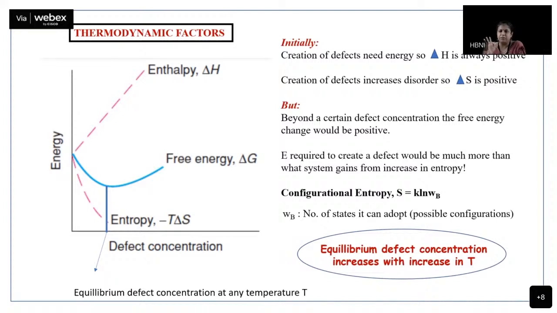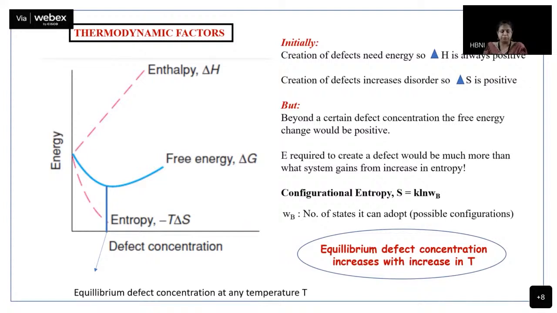It will be positive, because for every atom, the number of nearest neighbor atoms are same, so the same number of bonds I have to break, and the same energy will be required. But now, when I have already removed 10 to 15% of atoms, now removing an extra atom, change in entropy, which I call as delta S, is not much. Already the system is pretty disturbed. Removing another ball or another atom is not going to affect it as much as it did in the initial stages. So now delta S is becoming slightly, it is saturating, and then it kind of becomes positive.